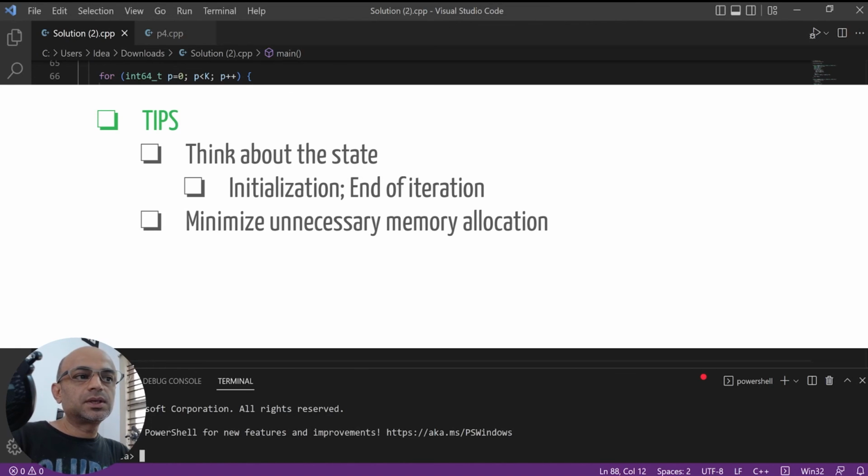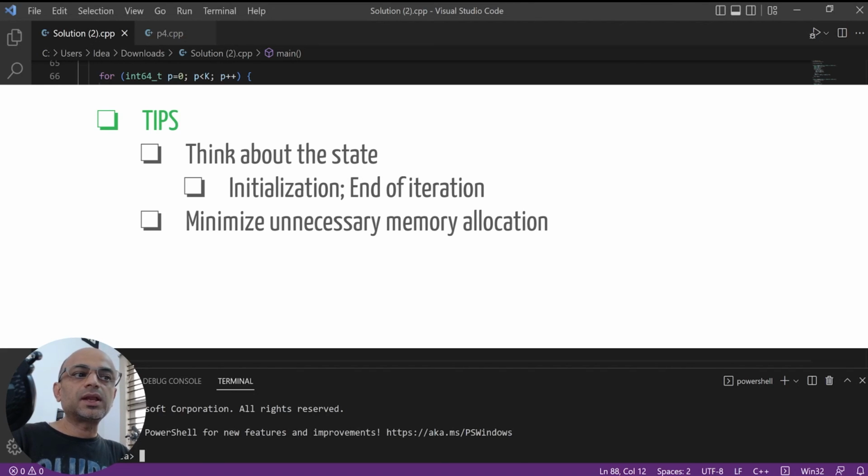So some tips based on this problem that we looked at. Always think about the state that you are trying to maintain as you solve the problem. Like if there are some number of iterations, you try to maintain some state. So think about that state and how it changes over the course of the iterations and how it starts.